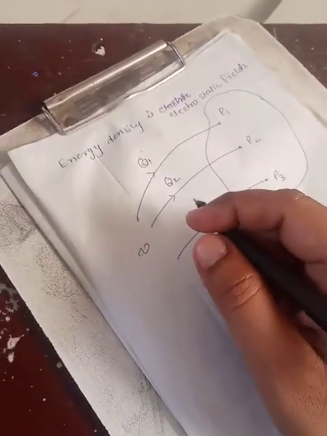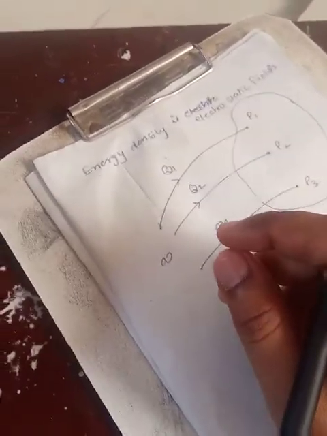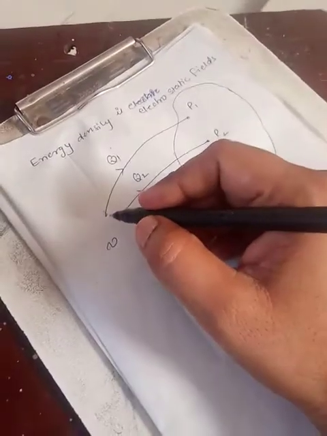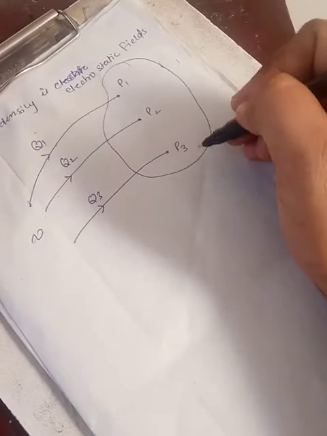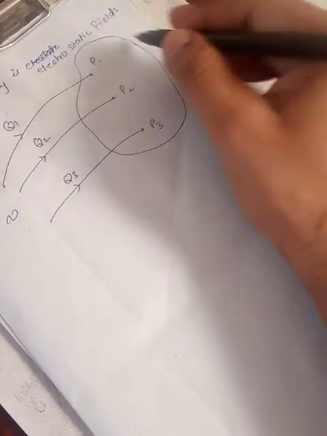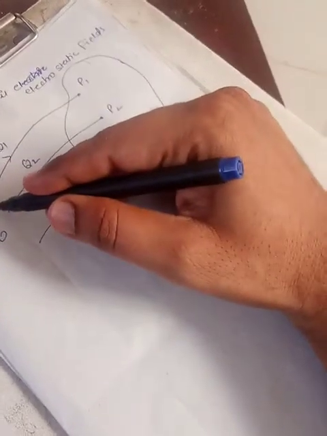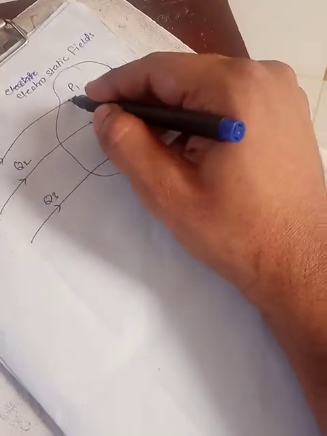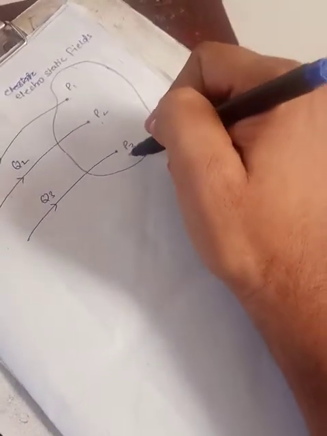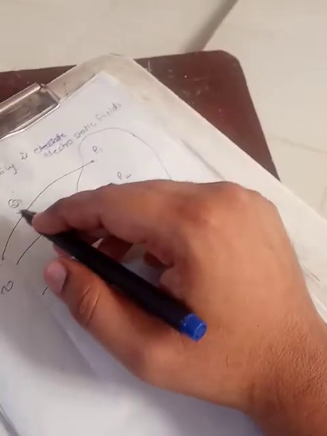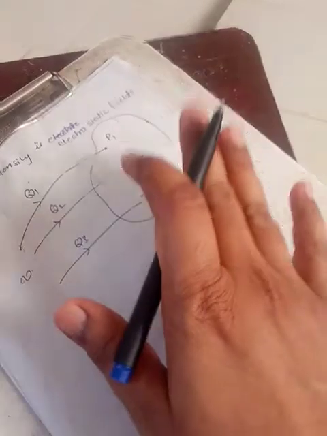Now, to determine the energy present in an assembly of charges, we must first determine the amount of work necessary to assemble them. It means, suppose I want to calculate the total energy in this area, first of all I have to calculate how much work is required to bring the charges from infinity to P1, infinity to P2, infinity to P3. In this way, first of all, we'll calculate the total work done to assemble them in a